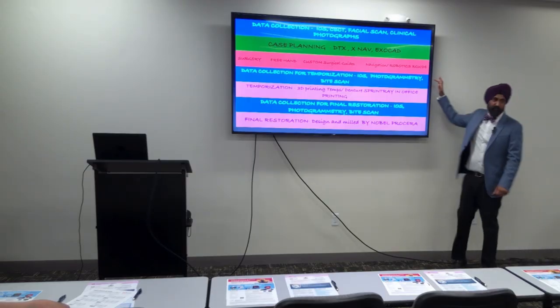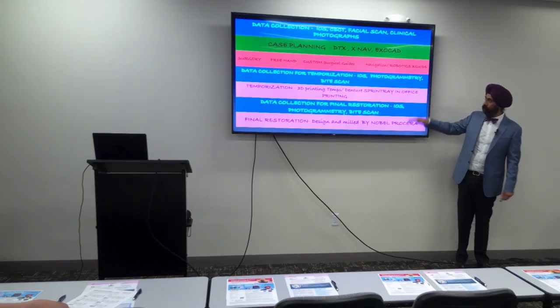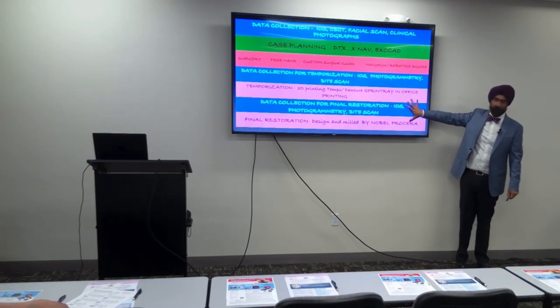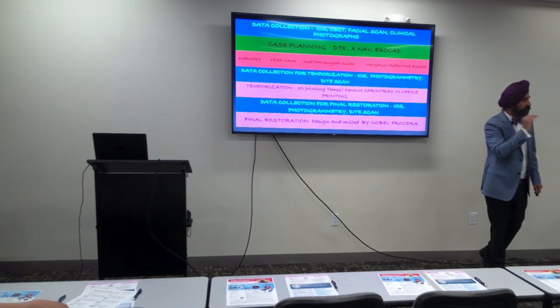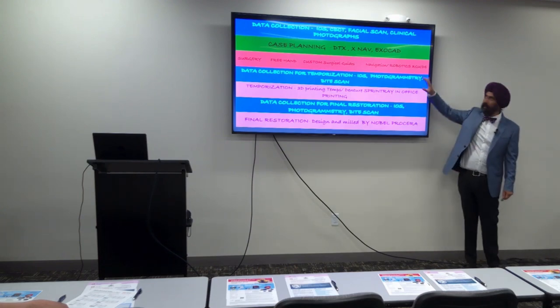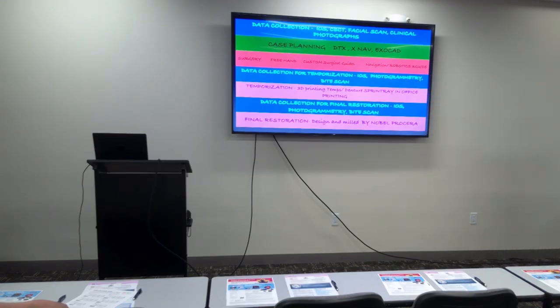So everything in blue is data collection. Everything in whatever color you want to call it, purple or violet, is fabrication, whether it's temporary or a final. Green is planning, and salmon is the actual surgery. So what I mean by that is, what is the first thing you need to do for a full arch